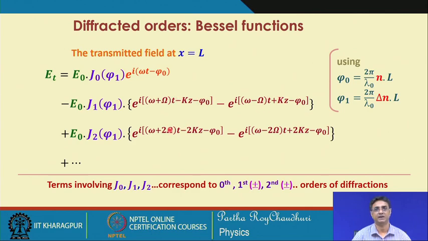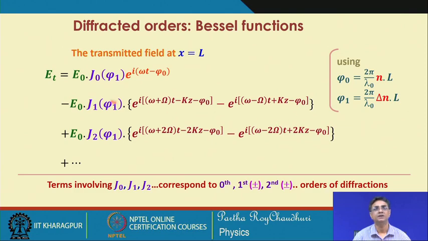So, they are very symmetric and very easy to understand. Then this is the second order, you have twice omega here, twice omega here, this is minus, this is plus. So, it tells you that this is the +2 order, and this will correspond to the -2 order,